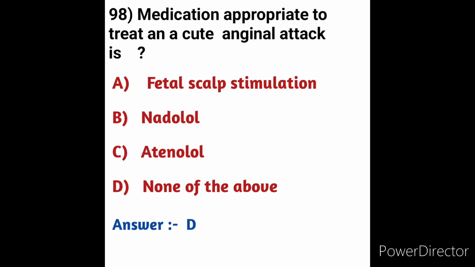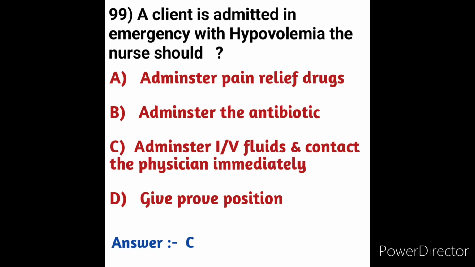Some typing errors, friends. NTG. For an acute anginal attack, the medication used is nitroglycerin, NTG. NTG is a class of medication, vasodilators, used to prevent angina characterized by coronary artery disease. Here, medication for the chest means for an acute anginal attack. Angina means chest pain. Acute anginal attack is treated with NTG, nitroglycerin. Option A is the correct answer. See question number 99.